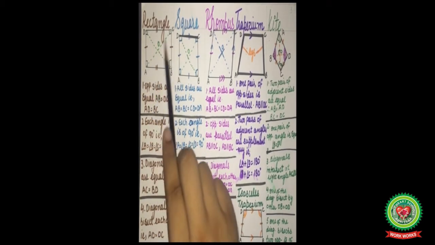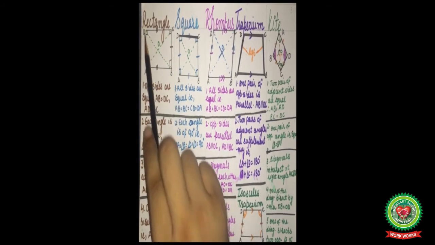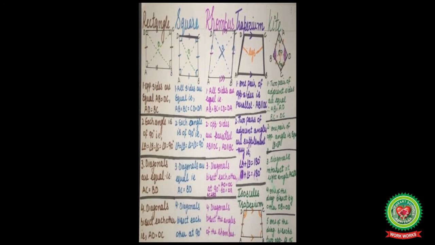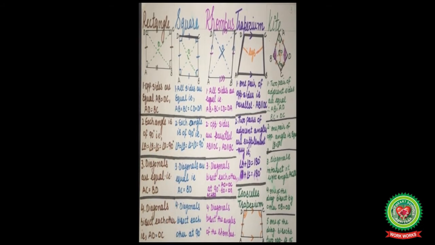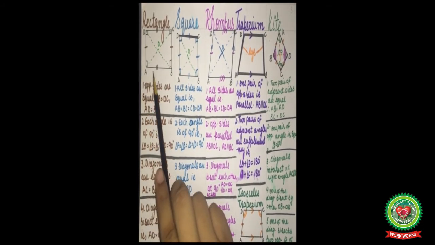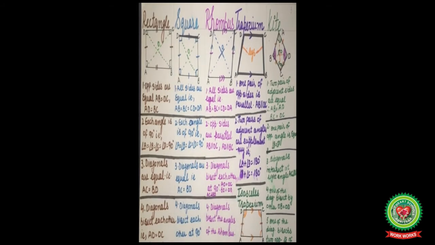The second type of quadrilateral is the rectangle. Now, what is a rectangle? In a rectangle, opposite sides are equal. That is, AB equal to DC and AD will be equal to BC. And in a rectangle, each angle is of 90 degrees. That is, angle A will be equal to angle B equal to angle C equal to angle D equal to